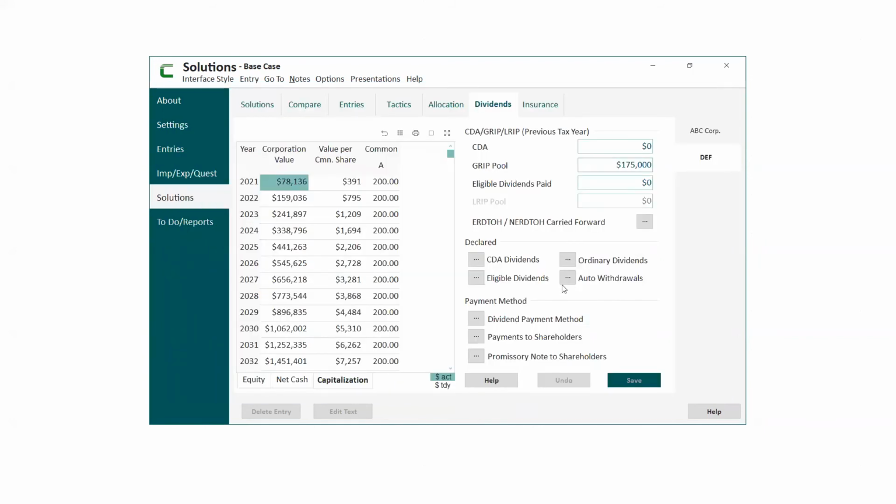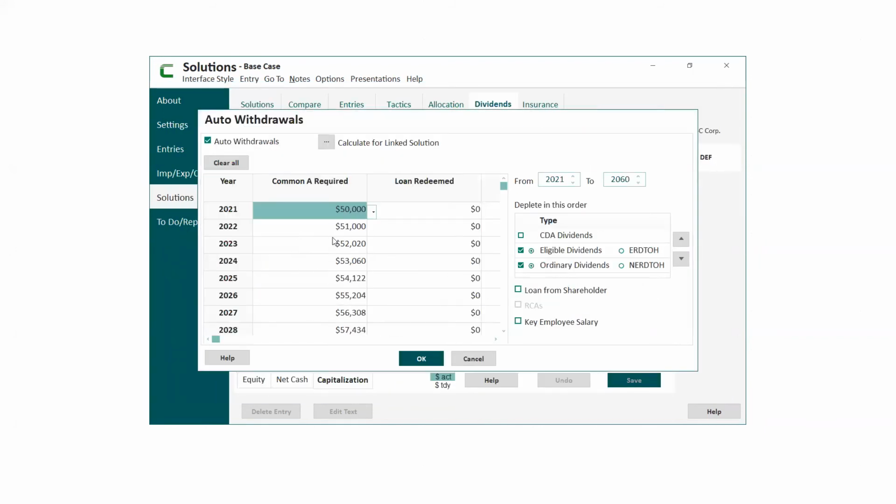So auto withdrawals, you can put in a specific amount that you want to take out every year. And then depending on what you select under the type list and the order, this is obviously the tax preferred order, then VisionWorks will go and pay from those two pots if money's available, and then switch to the other pot and so on. The other approach, of course,